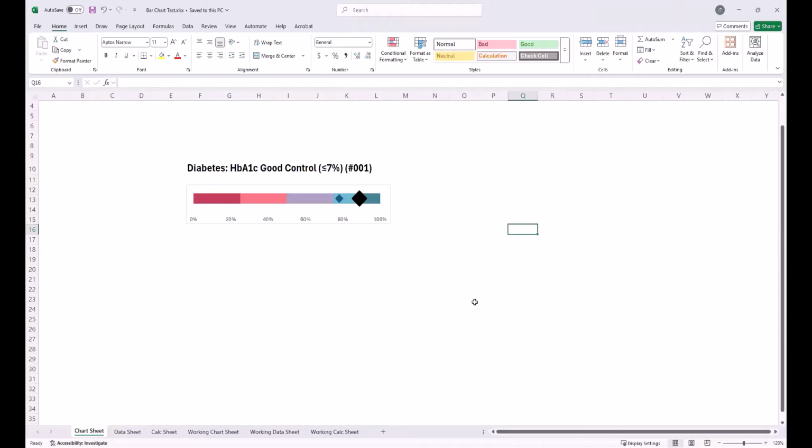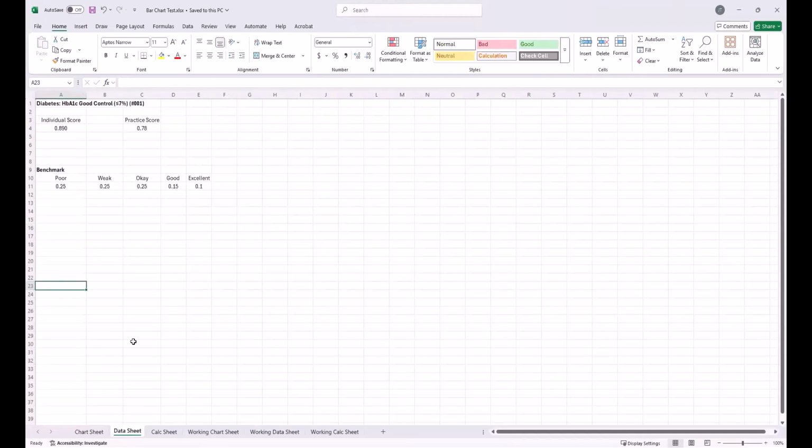Yeah, so this is what your chart should look like when you're finished. We're going to go to our data sheet, and then we have our 2 scores, the individual score and the practice score, and then we have our benchmarks down at the bottom. So what we're going to do is take our benchmarks to create the first part of our chart. So we're going to go to Insert,